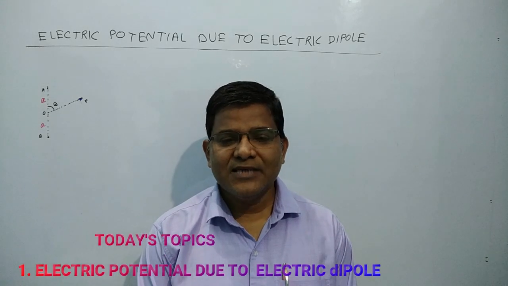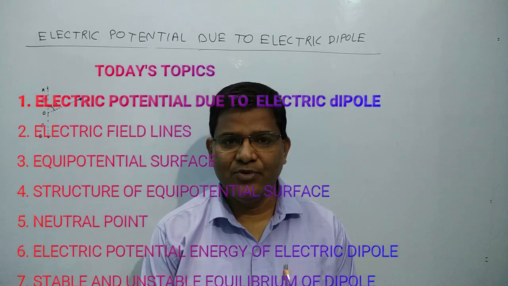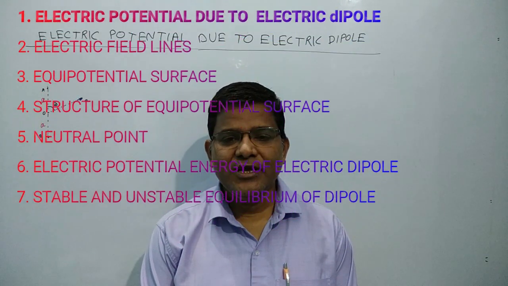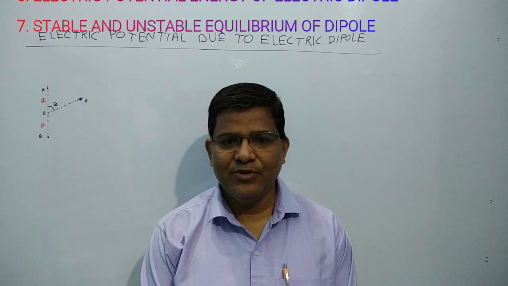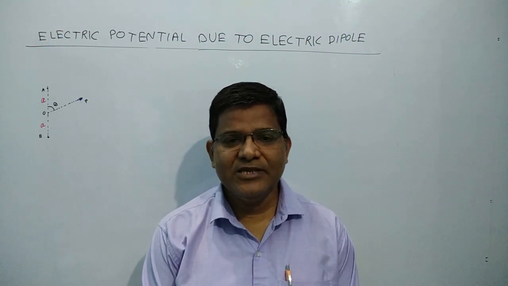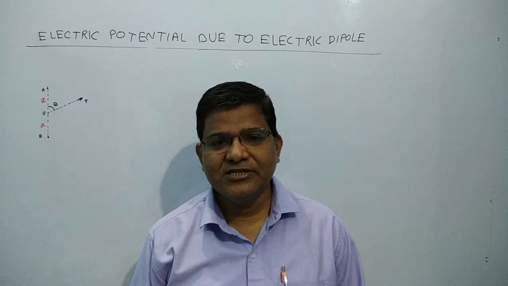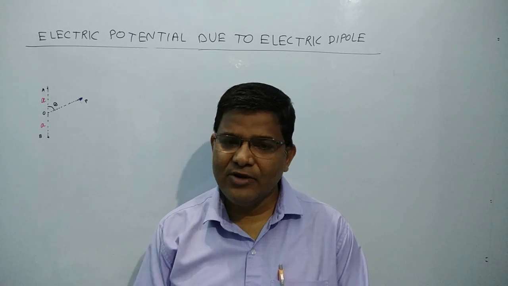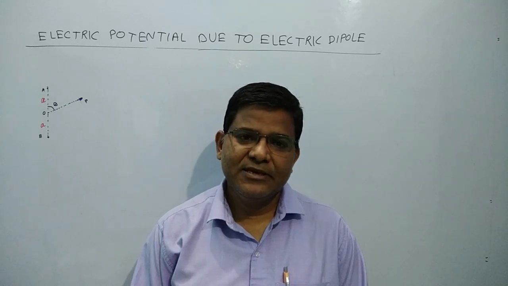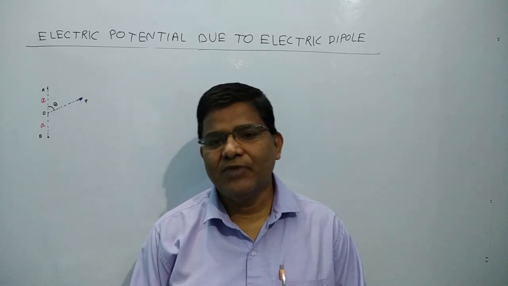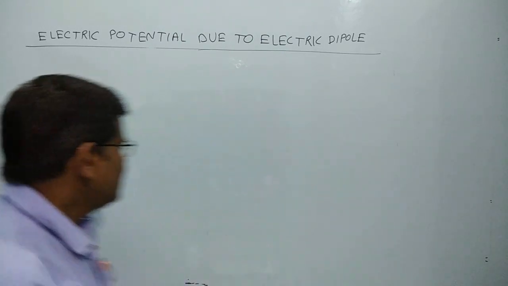Namaste learners. In the last lecture, I explained the electric field due to an electric dipole. Today I am going to explain the electric potential due to an electric dipole, which is a scalar quantity, as you know. Find the potential of the two point charges one by one and add them, and you will get the required derivation. For this purpose I consider an electric dipole,